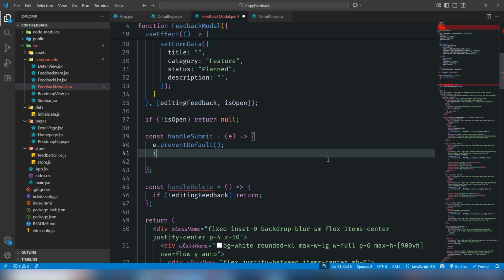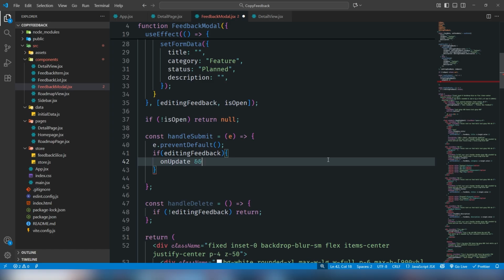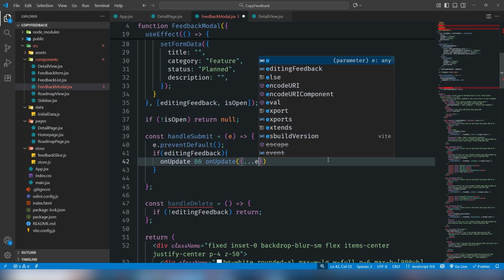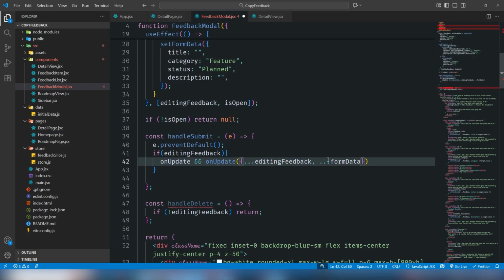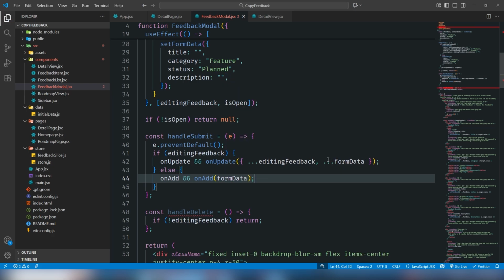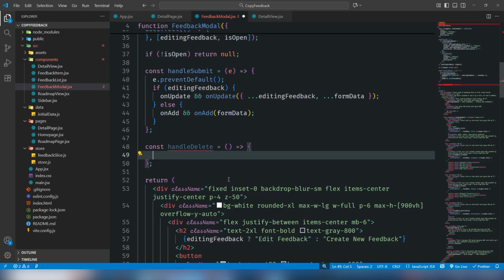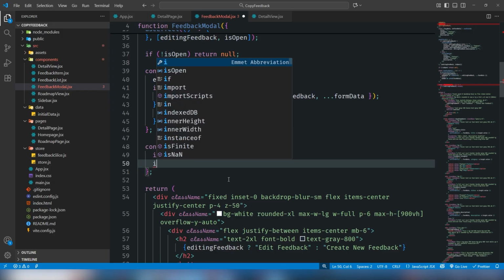So I'm going to change it and use if editing feedback exists, so I would say on update function, and on update, make a copy of editing feedback and I assign the form data like this. In the else statement, I need to pass the value like on add, and on add the form data like this. Alright, and same thing you can do on the editing, so just use there,